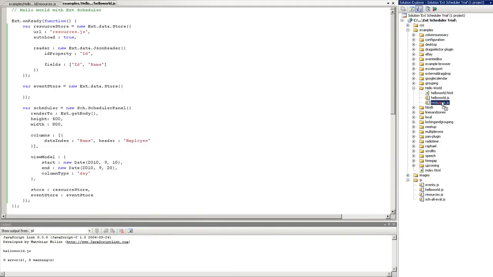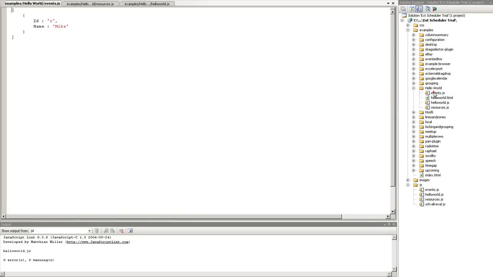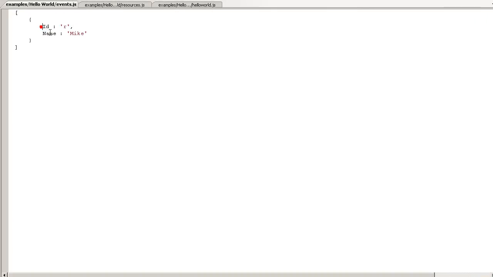So I'm going to do the same thing. I'm just going to create a dummy file which will represent the server response for the events, and I will also use just one record for now. And here, correspondingly, I have to point this to the actual resource that I want to use. So this event will belong to the resource ID of R, which is Mike, and we don't need a name right here. What we need is a start date, of course,